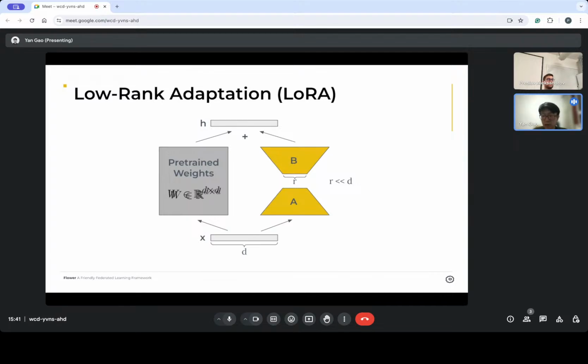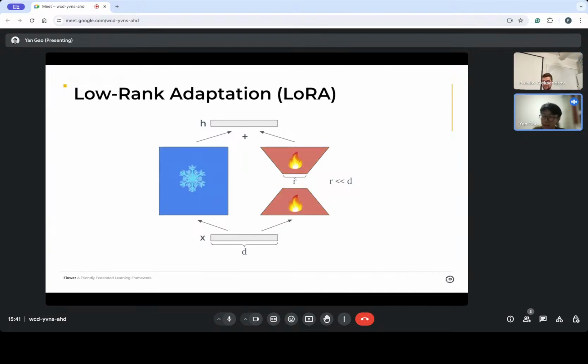Instead of updating all the parameters in the large model, LoRA focuses on adapting only a small set of auxiliary parameters, which interact with the original model's weights through a low rank matrix. Here we have big A and B, where one of the dimensions of these matrices is r, and this r is way smaller than dimension d.